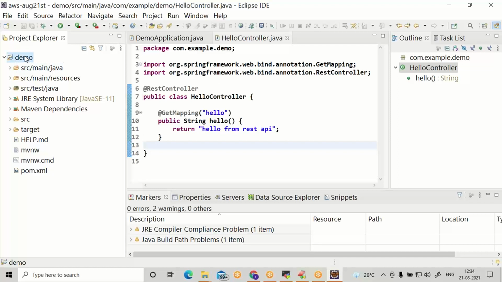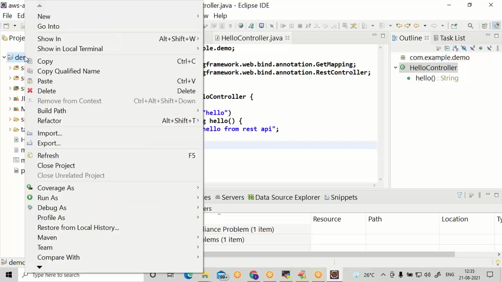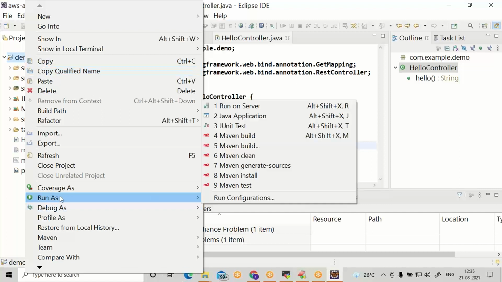Right click on demo, go to Run As, Run Configurations.